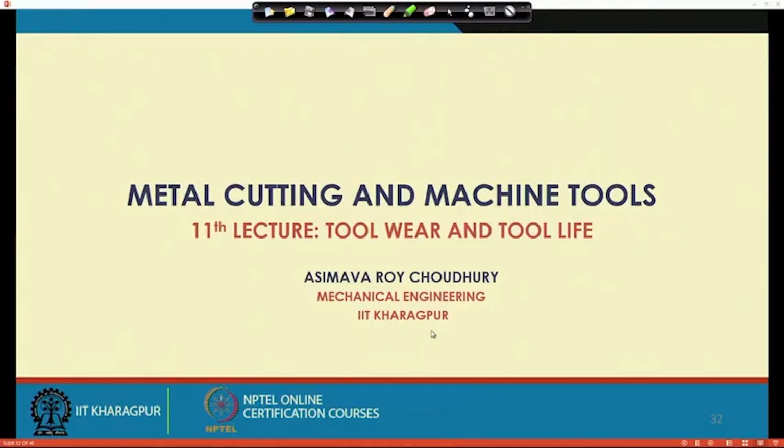So, in the last lecture we had some leftover portion of measurement of cutting tools, and I will discuss that very quickly and then move on to the discussion of tool life and wear of cutting tools. So, to start with,